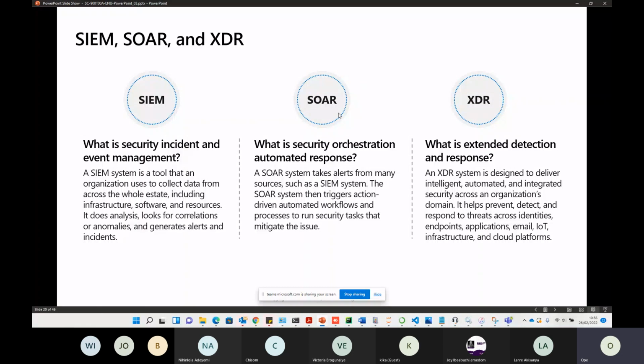The XDR integrated with Microsoft Defender for Endpoint now comes into place and stops this threat. Not just Microsoft Defender,